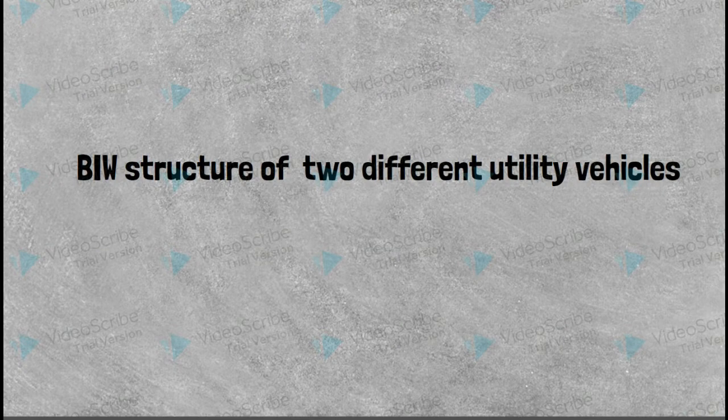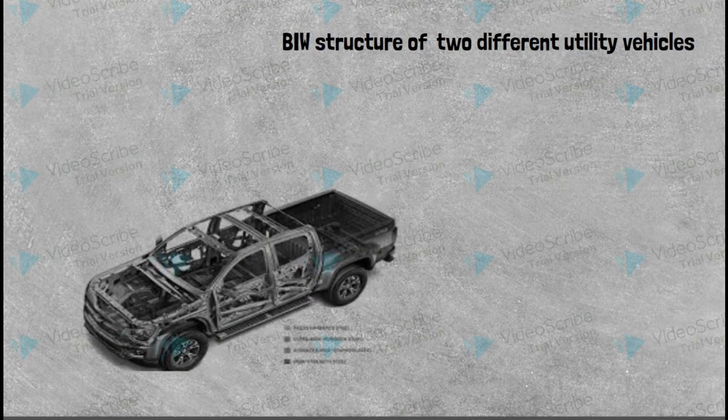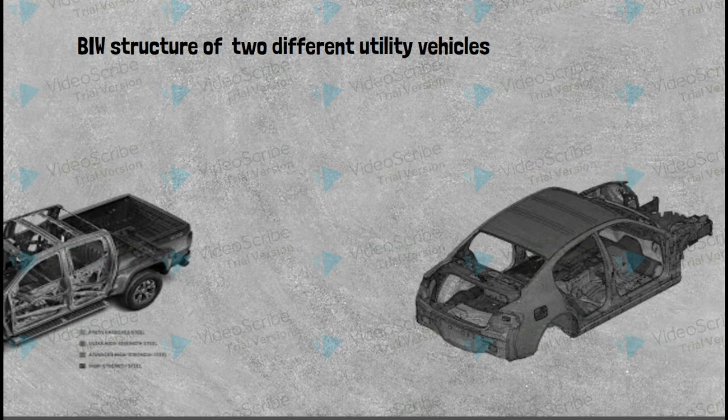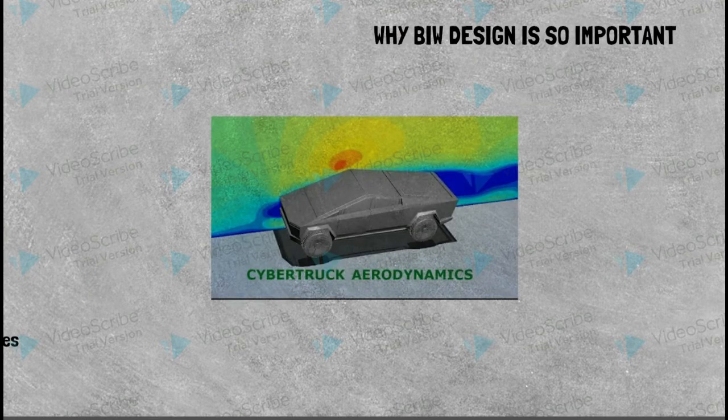Yes, we have seen about everything covering the basics of BIW, but what exactly does it look like after the assembly? Here you can see the different utility vehicles with their BIW structures. These two different utility vehicles can be seen with the attached assemblies. I won't take the model's name, but you can have an idea about it anyway. To get into the gist of all my lecture, I will notify you of the biggest additional advantage that a perfectly designed BIW will achieve.